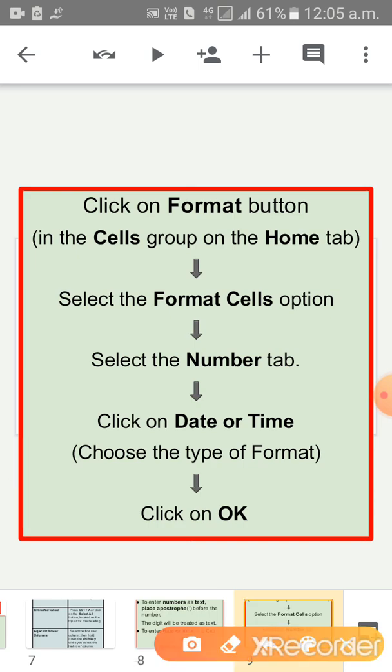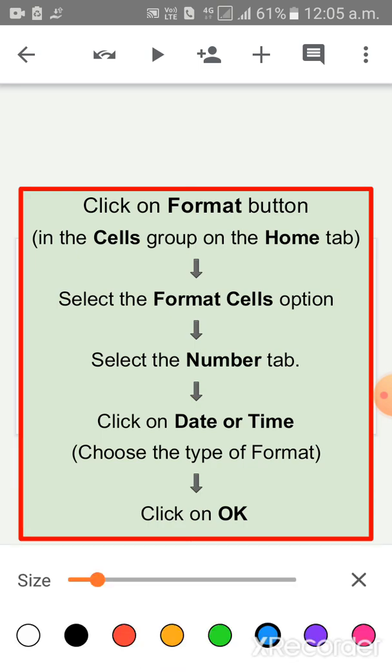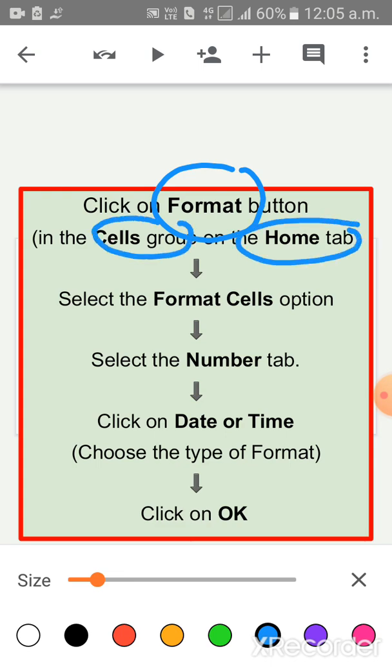Now children, here first of all click on the Format button of the Excel sheet. In the Cells group of the Home tab, the Format button is available. After selecting the Format button, some options will come.